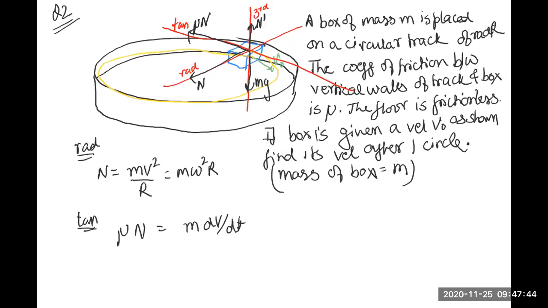And along the third axis, which really has no consequence or any role here, simply write down N dash is equal to mg. अब अगर मैं बोल देता कि नहीं फ्लोर में भी फ्रिक्शन है, तो रेडियल या टेंजेंशियल एक्सिस में एक और आ जाता mu dash N dash, where mu dash would be the coefficient of friction between the floor and the block. हाँ, अगर ये दो इक्वेशन लिख दिए, इसके बाद आप नहीं कर पा रहे हो, दैट्स ओके,